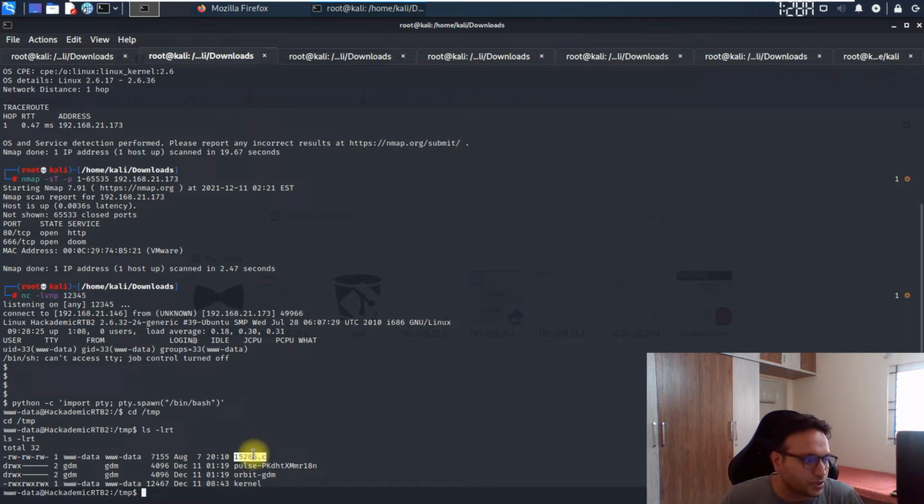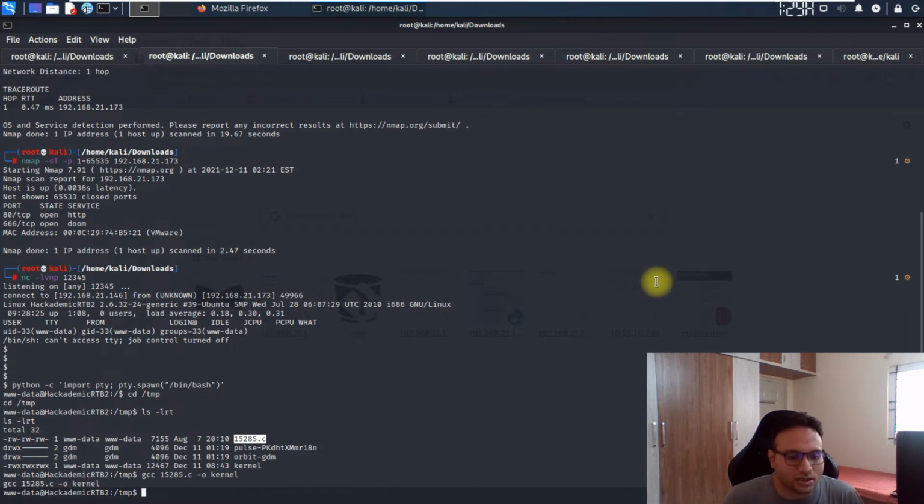I try to use this one directly as it's already present on my system itself, so nothing like that I have to download. Otherwise I simply have to wget this file from my base system. This file we have to import. It's a C file, to get a privileged shell over here. The next command is just to compile that C file. These things are already done on my system, so there is nothing I have to do once again. So this is the next command.